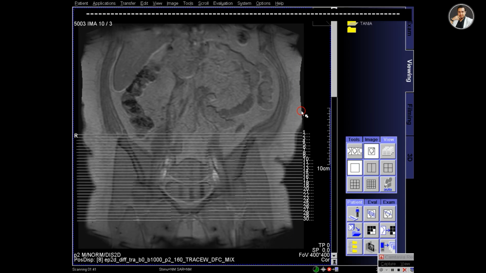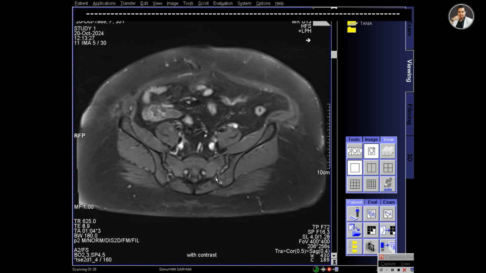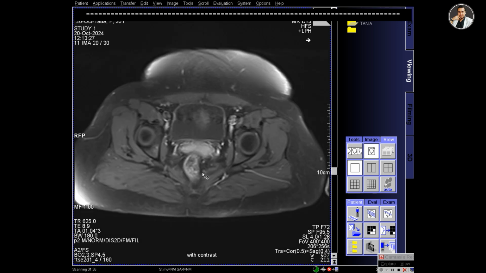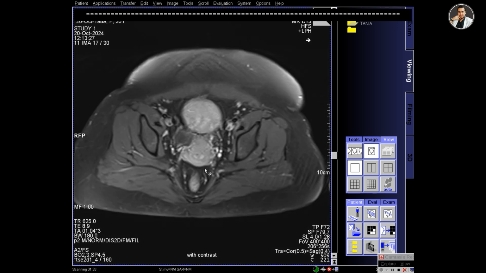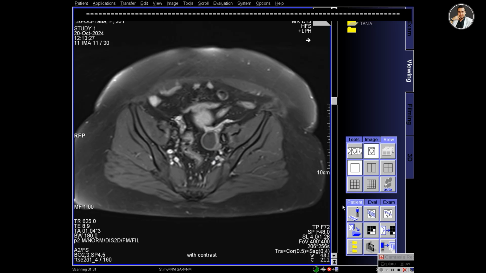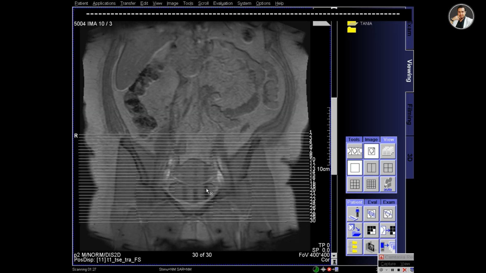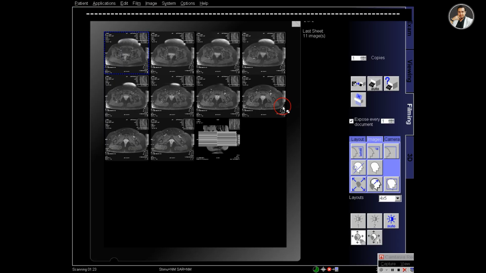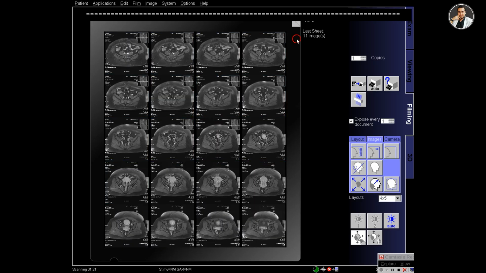So T1 axial fat set and T1 sagittal fat set have completed. And this is the T1 axial fat set post contrast. To film this, select the series and send it to the filming. And also select the reference image and send it. And now select the folder and layout.